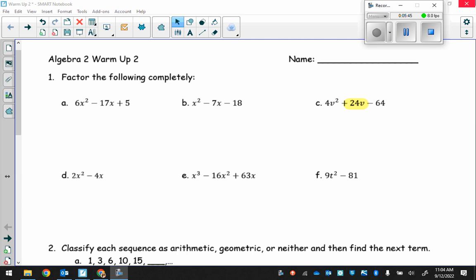So when you're writing a recursive rule, you will include the first term given to you, then what's actually happening. So this is the notation you're going to see for a recursive rule. And that's only for, you could find the next one if you have the first term or the previous term. Then for B, and I'll write it right next to it,